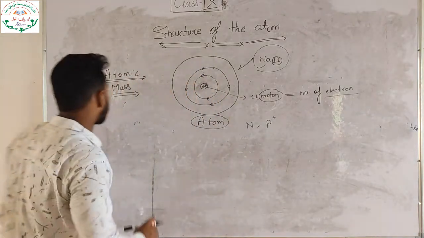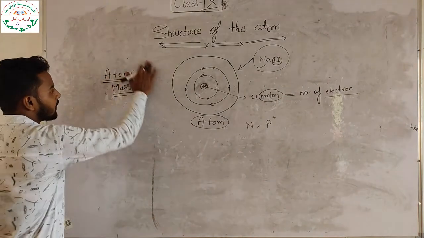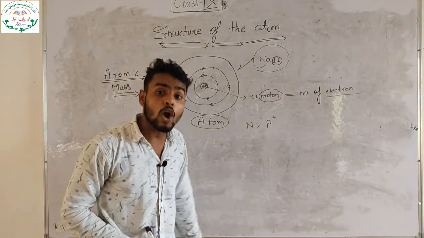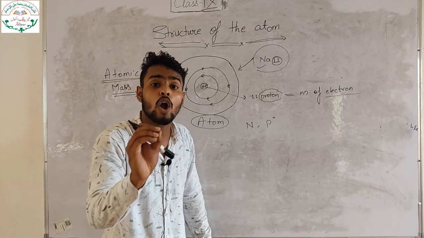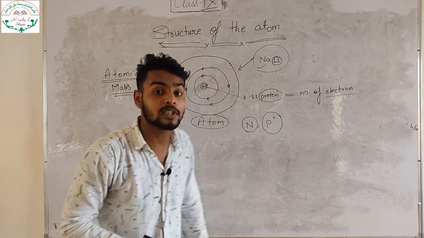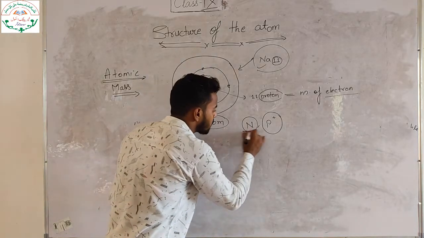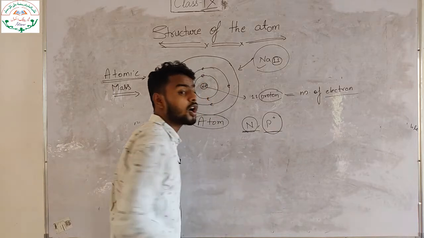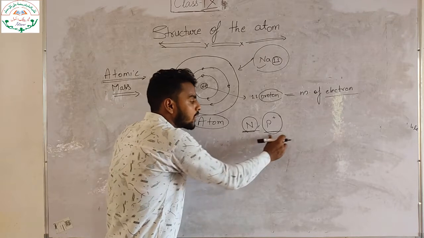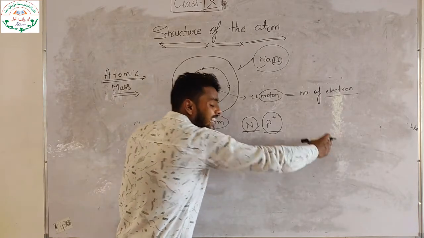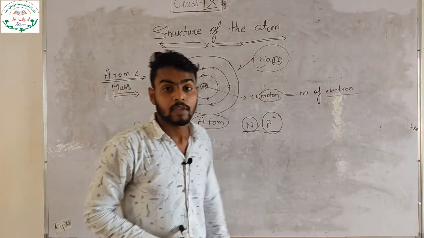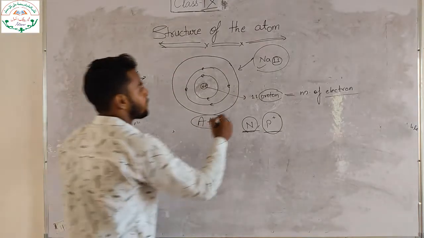The atomic mass is, listen very carefully, the sum of the neutrons and the protons. When the mass of the neutrons and the mass of the protons are added to each other, the result is the atomic mass of the atom. Now we are going to see how, taking carbon as an example.